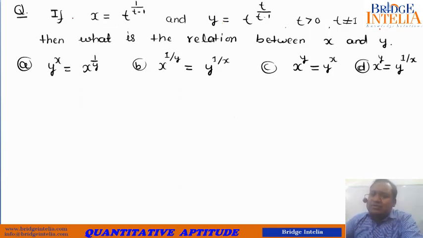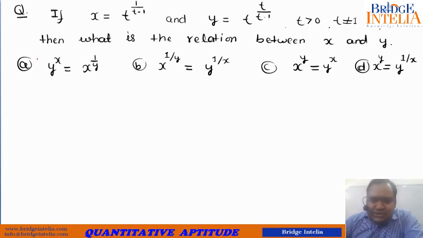Now let us use the power of substitution, or use the power of putting dummy values. What do we mean by this? We have no idea what x is, we have no idea what y is, we have no idea what t is. Still we have to solve this question. So the idea is you choose some dummy values for x, y and t which satisfy the conditions given in the question, and based on those dummy values you then check which of the given options seems to be the correct one.